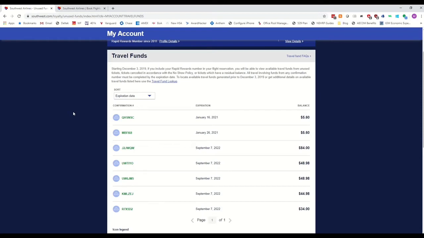All right, so next up, I will be showing you how to combine travel funds. Now, the first step in trying to combine travel funds is to figure out which travel funds you want to combine. Usually, it's best to combine 2 travel funds at a time. So in this example, I'm looking at my travel funds, and I'm going to combine this $84 travel fund with